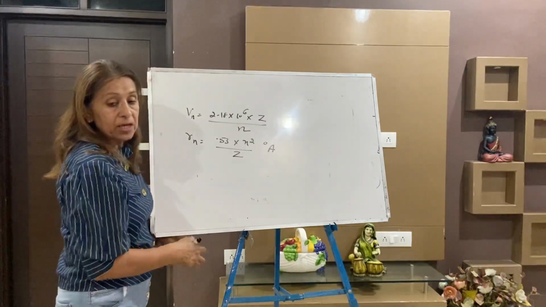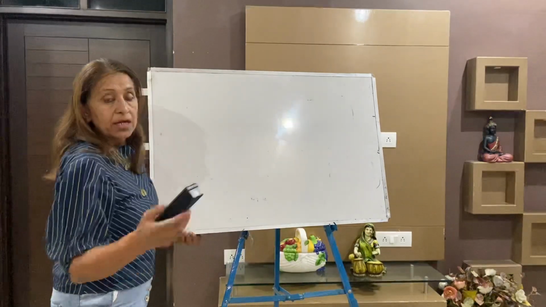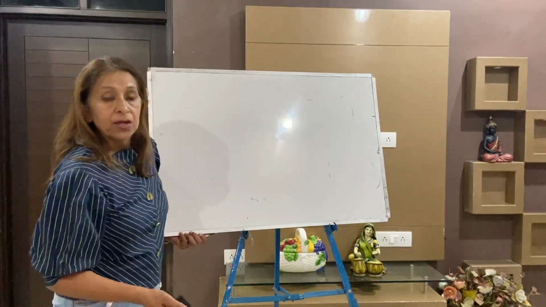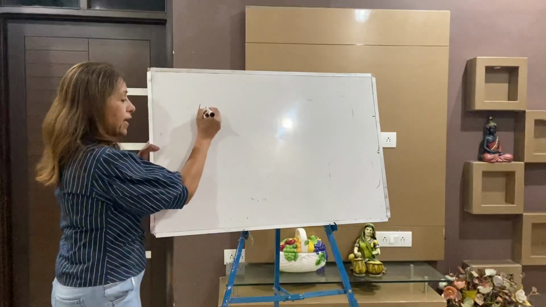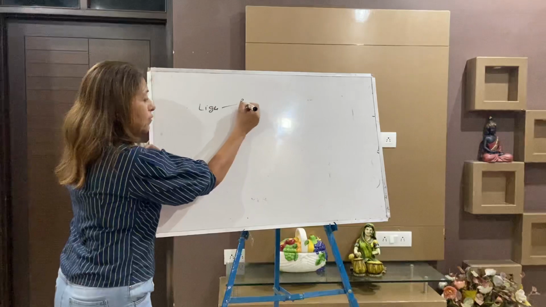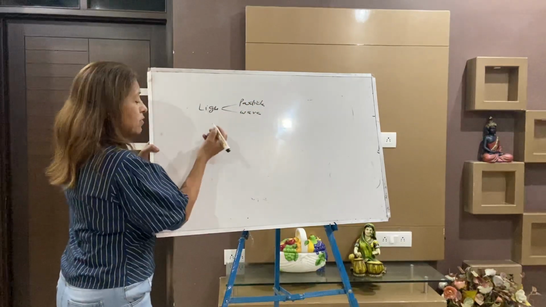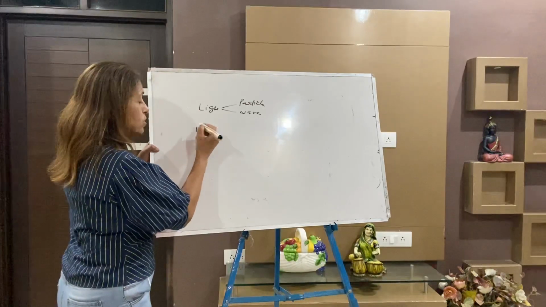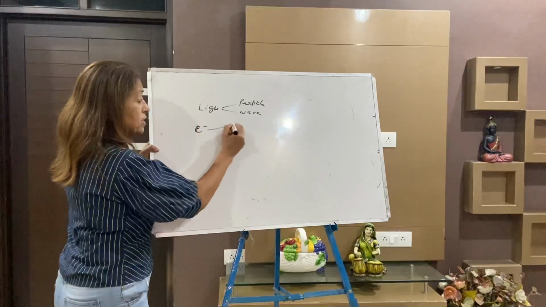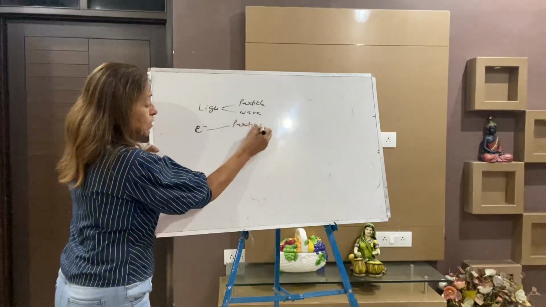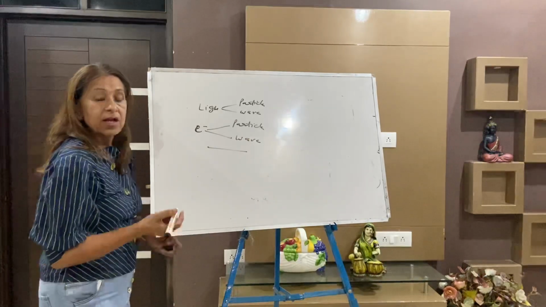Is it okay? Now I am taking this as completed, your numericals of the Bohr's model. In the next lecture I will take the dual nature of the particle, as light is a particle as well as wave. In the same way matter, I will study the dual nature of the particle. Electron is a particle as well as wave. Next topic will be this.